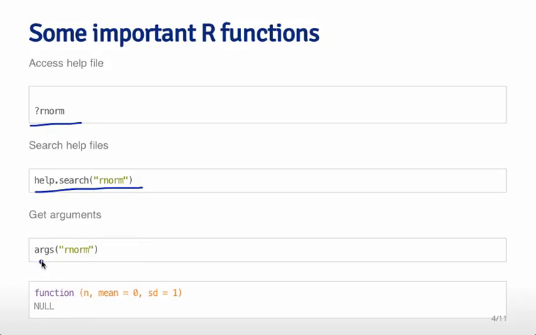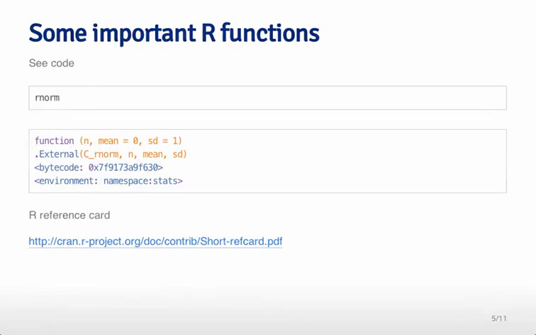And then if you want to get the arguments for a function, you can use the command args like this, args of rnorm, and it'll tell you the function arguments. These functions are very useful if your goal is to try to figure out how R is working for a particular function, but might not be so useful if you want to understand the sort of underlying concepts involved in those functions. So another thing that you might want to do is actually look a little bit deeper into the code. And so if you wanted to do that, you can actually just type the function name without any brackets, and it'll actually reproduce the entire code for you.